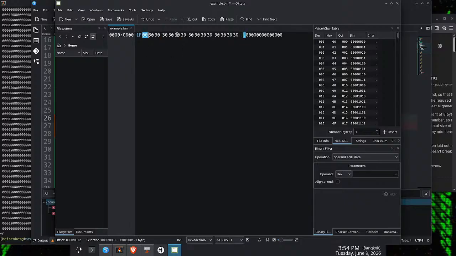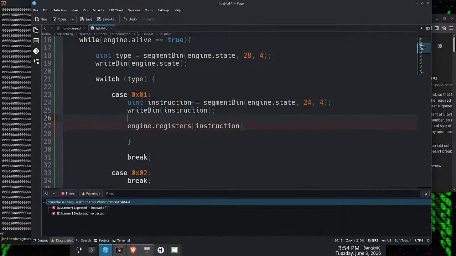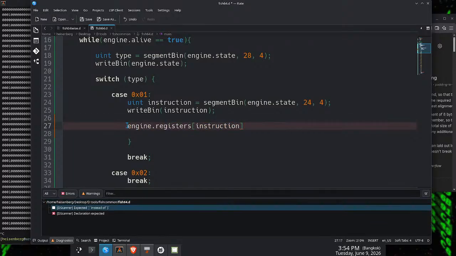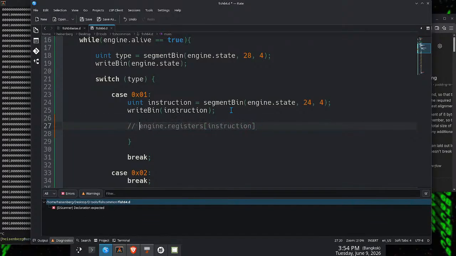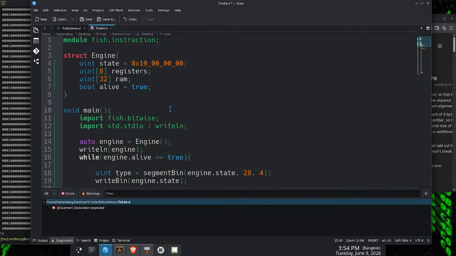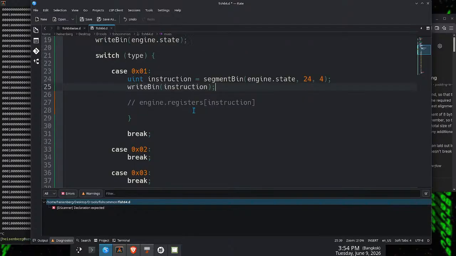But yes, you'd take that. That could be more specifics of it. So the next two will be the case, so we'll have to create another. I like this idea, so we're going to save that for later. And then you can use the instruction to determine which register to write it to, since there's really only going to be 8 potential outcomes or so. Well, we'll figure that out in a second. We're going to create another uint for